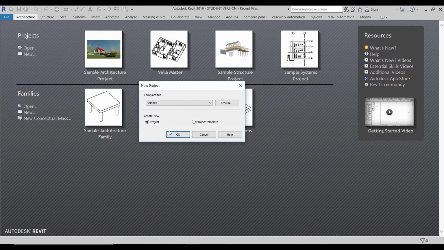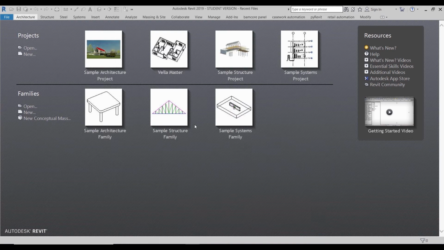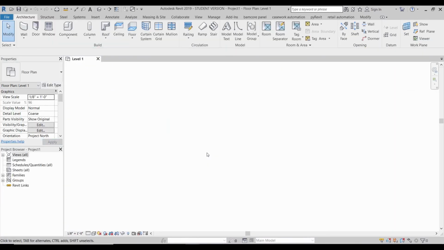Okay. For the purposes of this course, we're going to use Imperial and give it a little bit of time to think. And you should have sort of a default view created. As we go into this, I can also explain some general terminology of what you're seeing here. This is sort of the working view, this white space, and it defaults to a plan view for the very first level, a default Level 1.